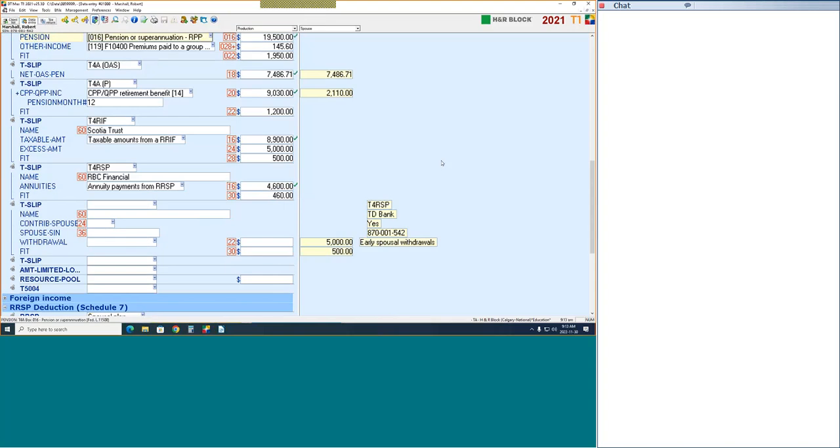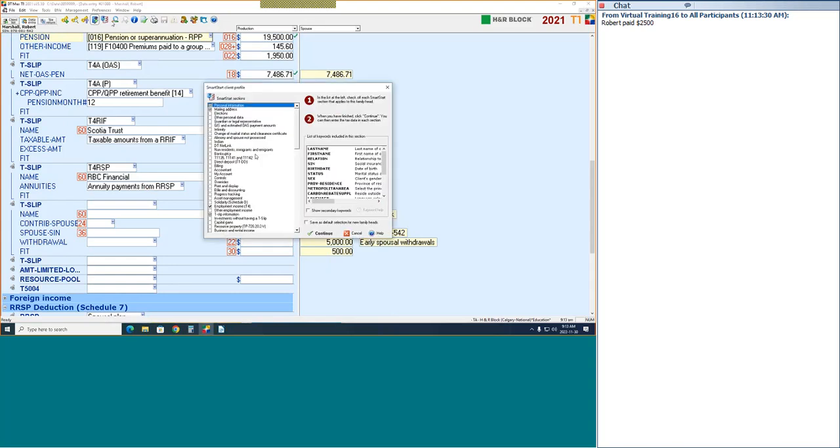So let's assume in this case, and I'm going to add this here, let's assume that Robert did pay installments. And when we look at Rep a Client, the amount that he paid was $2,500. Where do we enter that? Well, if you use your Smart Start, you can go down quite near the bottom, and I'm going to see if I can find it. You're going to find Installments and Deductions at Source,